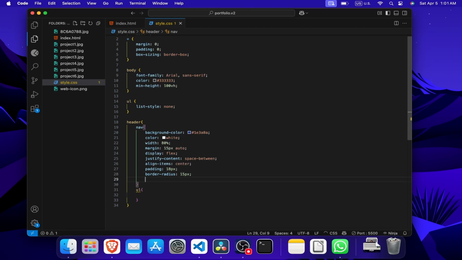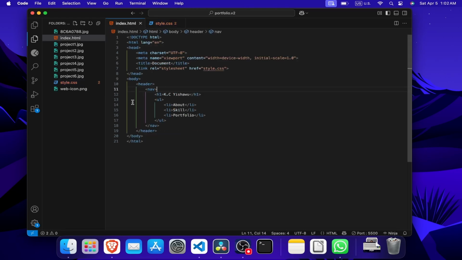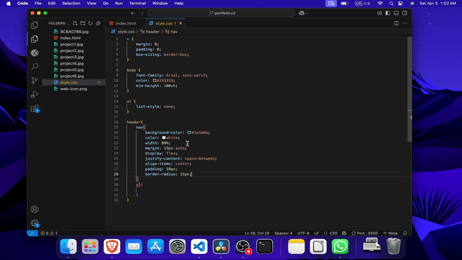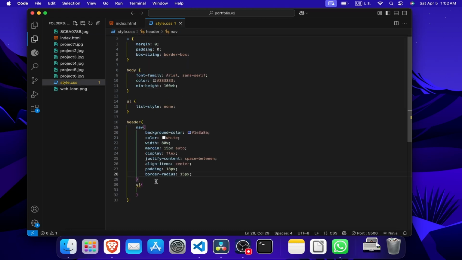I can just do UL, so it would be more specific if I say the list inside of the header, within the nav, inside of the nav bar within the header. That will be more specific, but it also works this way. It's just going to target the list inside of the header. This is the header, so we do have a list inside of the header, so that still works. All right, so